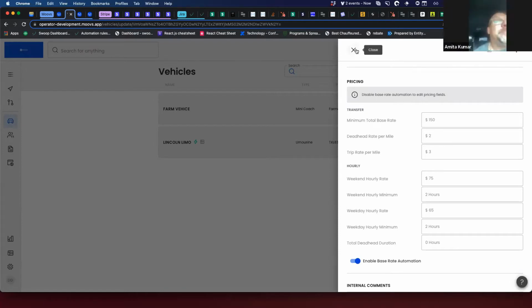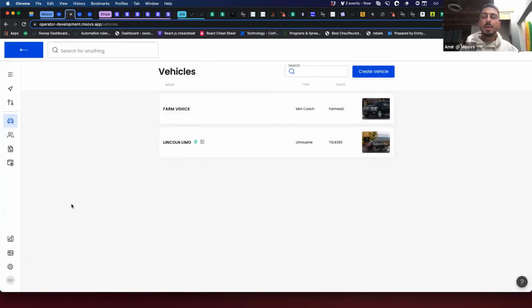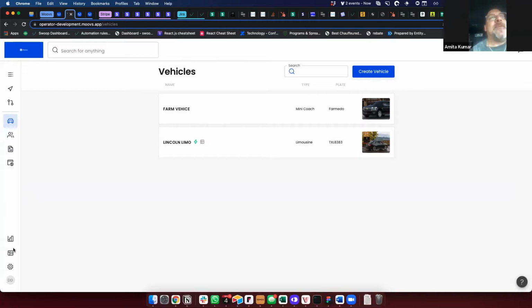Got it. So what I was saying is, if you go into the back end, what do y'all call that? What is it at the top where you choose airport pickup and drop off? The order type. Yeah, the order type. So what I was thinking is, in the back end, if you were able to go into your order type and specifically say, okay, it would be in the vehicle, and you'd say, okay, Escalade, airports, yes.